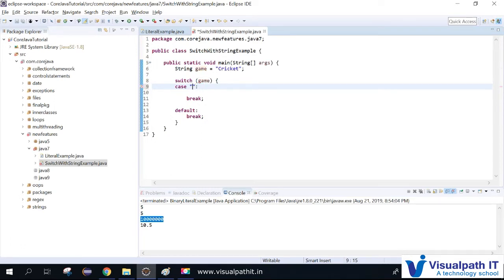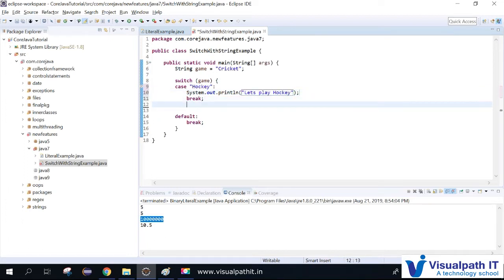So I'm giving options like, okay, I'm just printing "Let's play hockey". I'm creating one more case, where again I'm giving the game whatever I mentioned here.